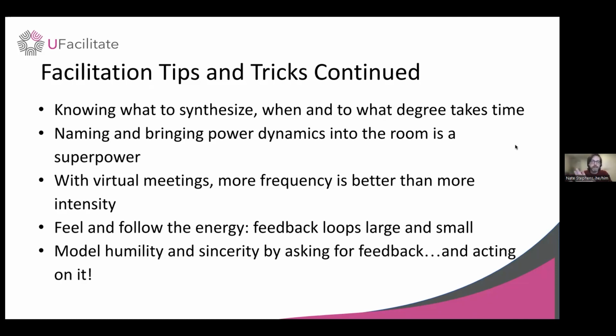And relatedly, it's an opportunity to model humility and sincerity by asking for feedback and then acting on it. As a very quick example, I wasn't planning on using these two slides of kind of dense information. I think this might just be a helpful list of things to be aware of. They're in your notes, but I included them based on the lowest feedback number from our last session, which was about, I learned something new or useful.